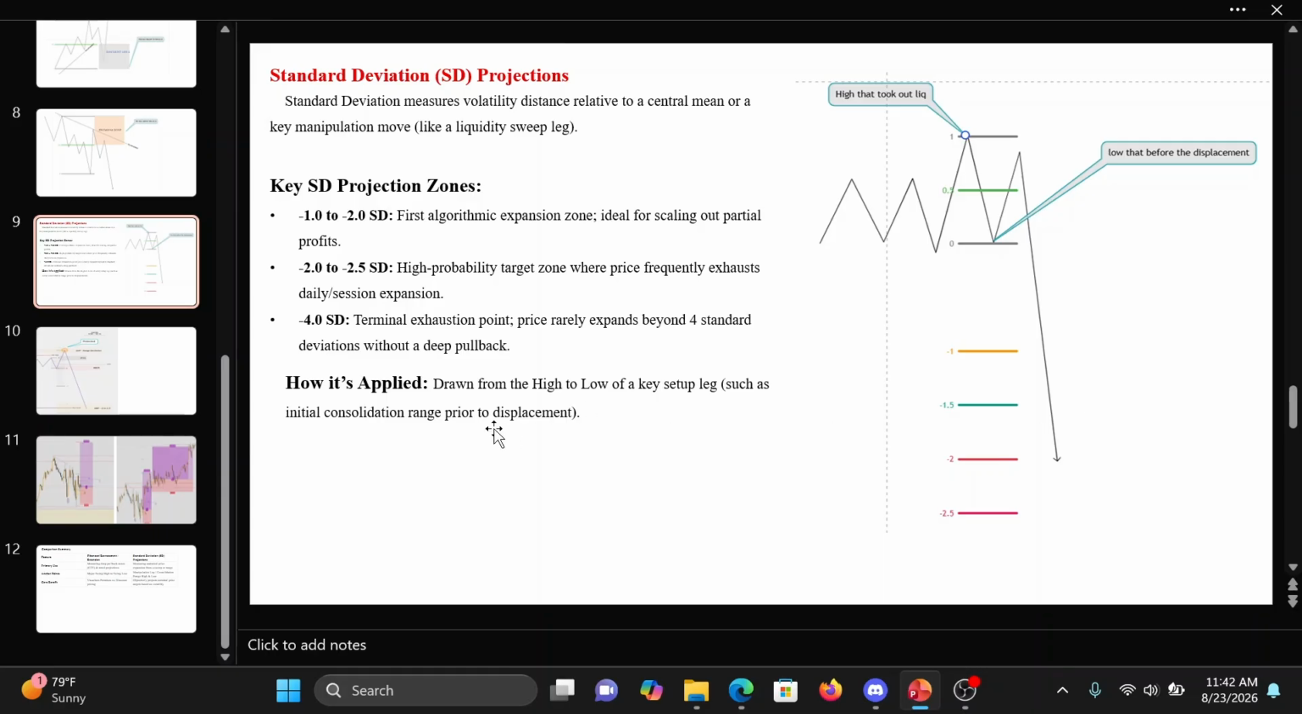Okay. So how it's applied: drawn from the high or low of a key leg, such as the initial consolidation low prior to the displacement. Okay,